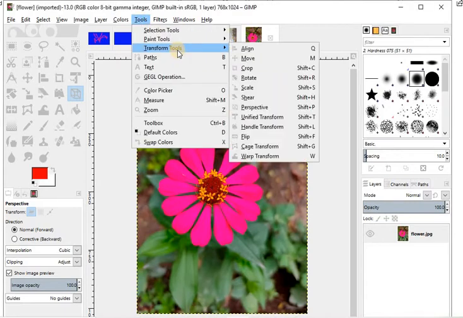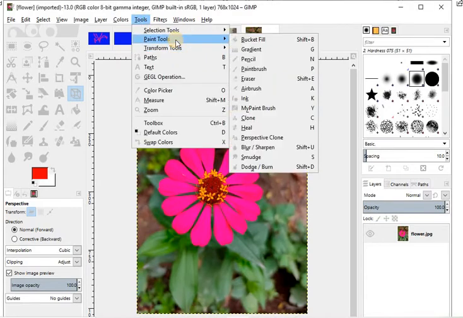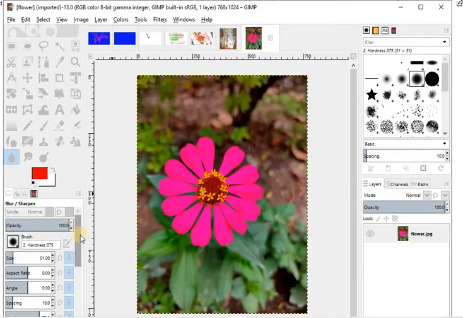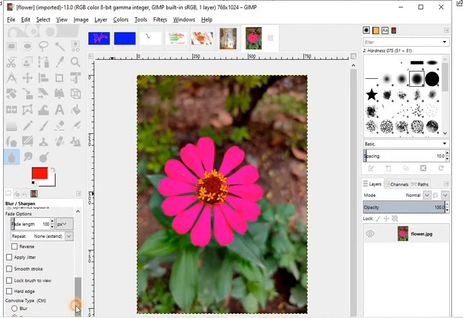We have the blur or sharpen tools here, and here we have the options. Just click on the blur tool, and we are going to blur this center position.